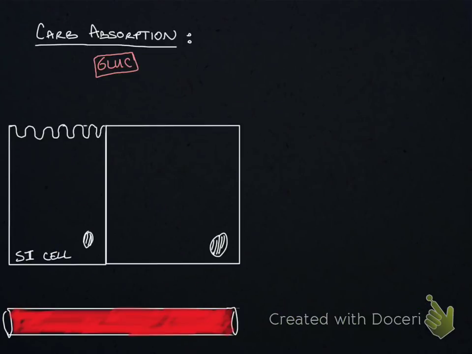Now that we've talked about the digestion of these molecules, let's talk about how they are absorbed in the walls of the intestine. So here we have a small intestinal cell, and we can see that we have some microvilli, which increases the surface area, increases the ability of absorption, and we're going to have some transporters that aid in absorption of molecules. So some important ones here are going to be a GLUT transporter,